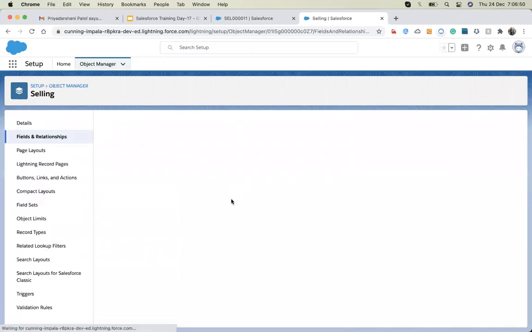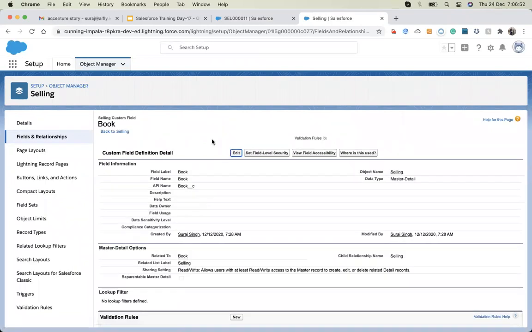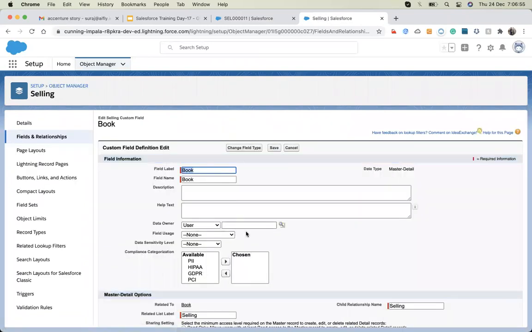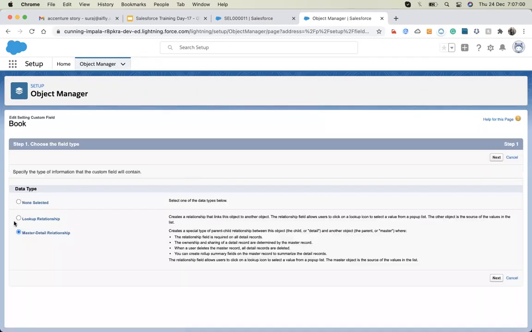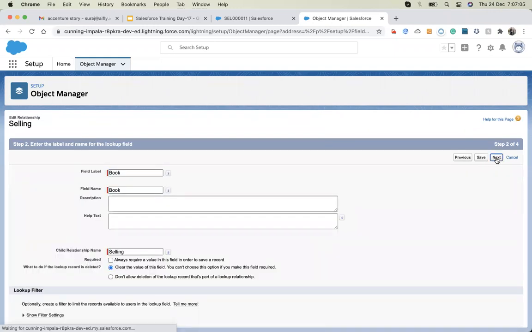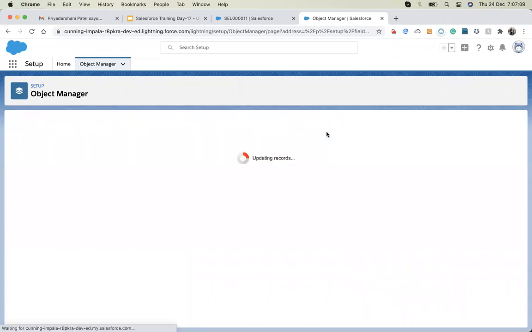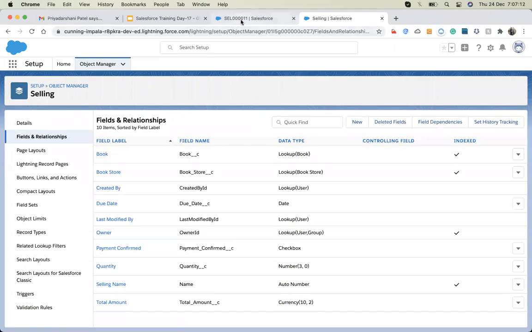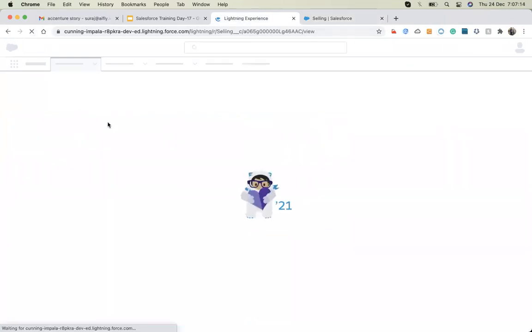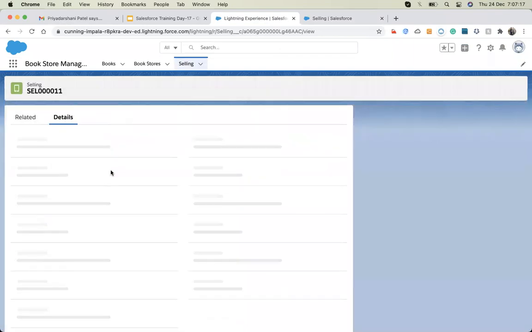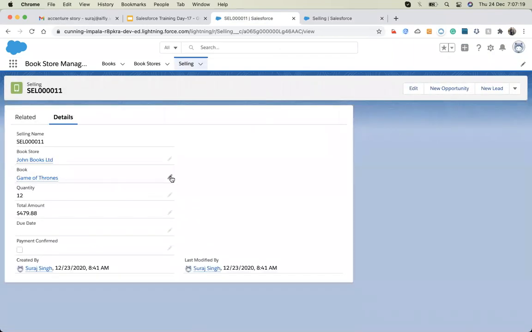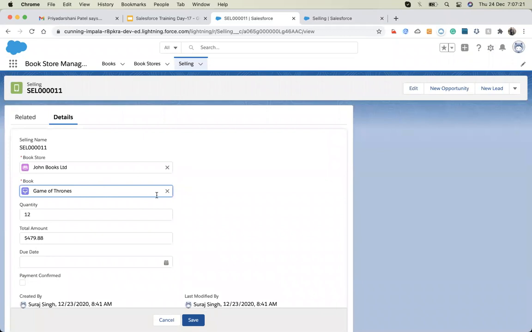I have to make the book. Okay, so now I have the flexibility that I can edit this record and choose any other book.